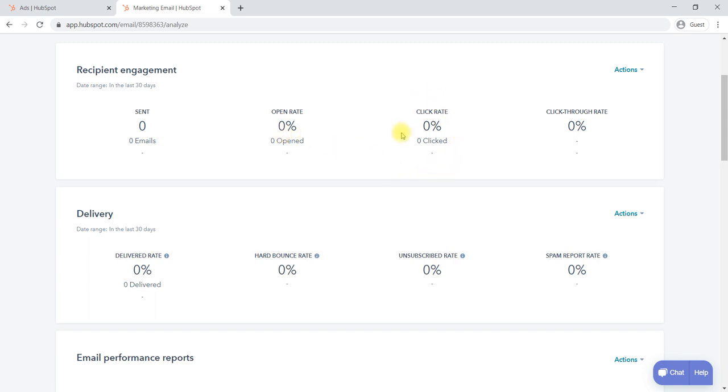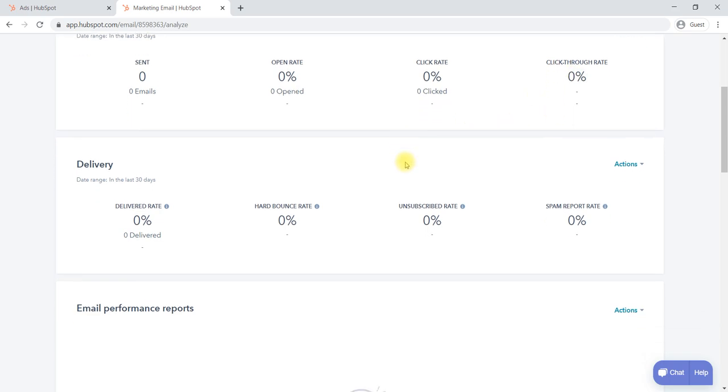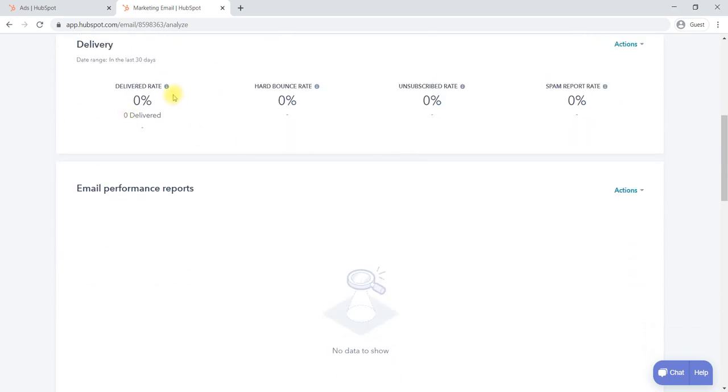Then the click rate. To check whether anyone is clicking a link provided in a mail or not, we will be using the click rate. And click through rate is nothing but how many of them clicked the mail. Then delivery also.